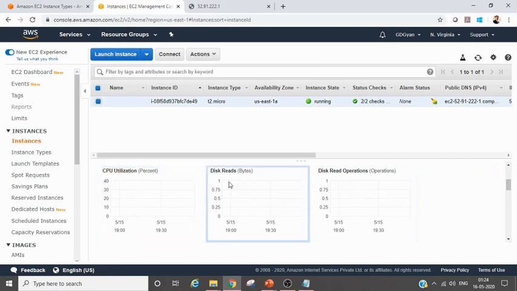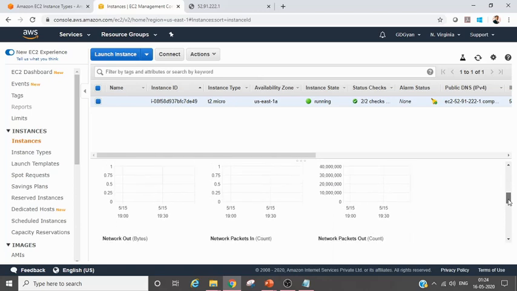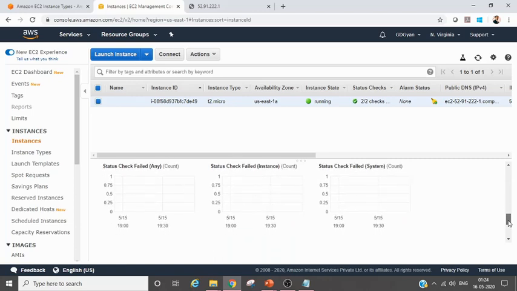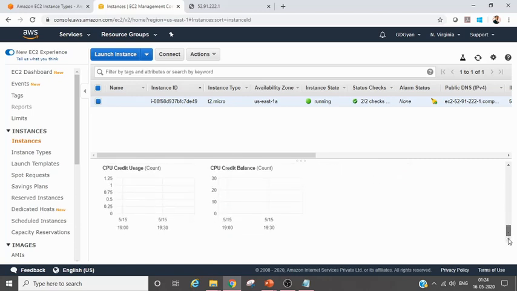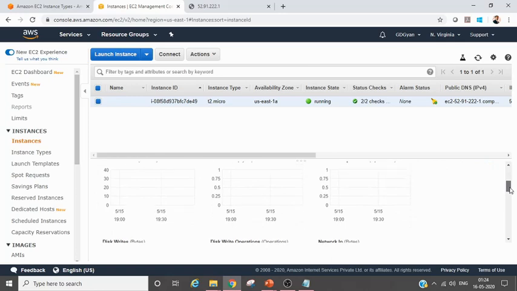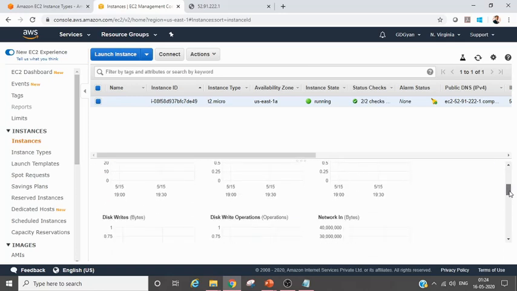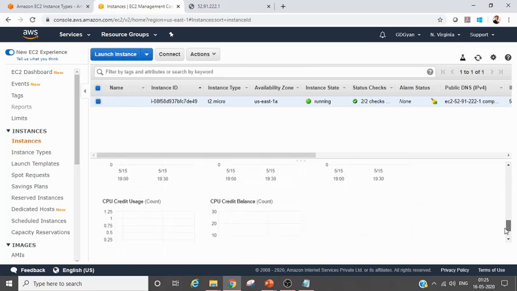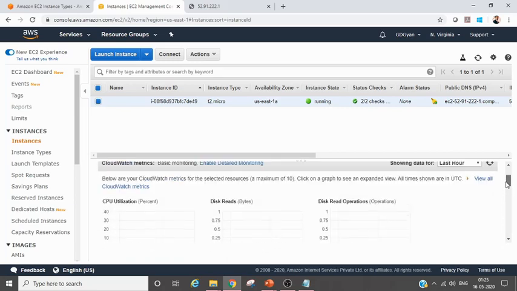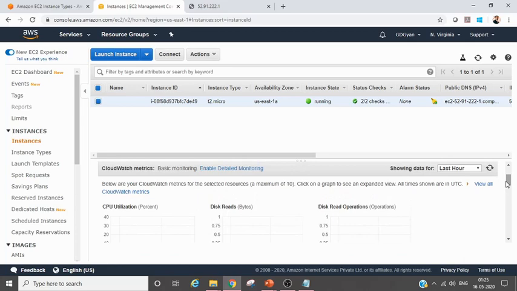So you understand CPU, disk, right? You read this thing very carefully: disk, network, status check, which is ping, CPU. So one question comes up: in basic monitoring, what all monitoring comes? You see all the monitoring is related to your disk, disk write, network, CPU, and that's it. It doesn't really talk directly about your memory, which means your RAM. It doesn't talk about any health check on your memory. So this kind of question also comes.